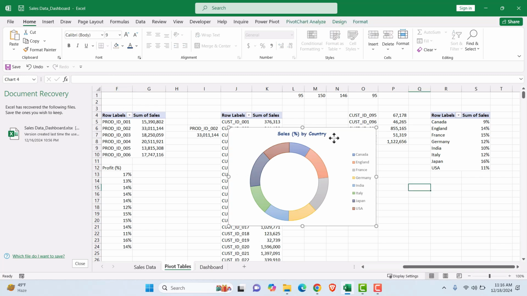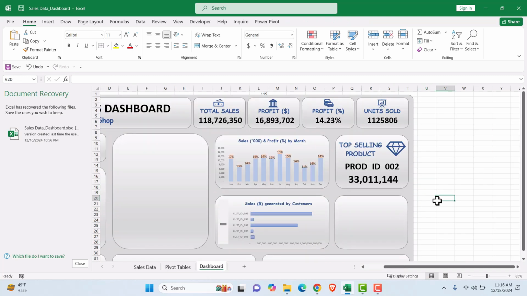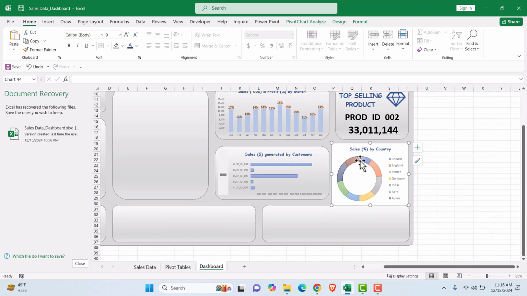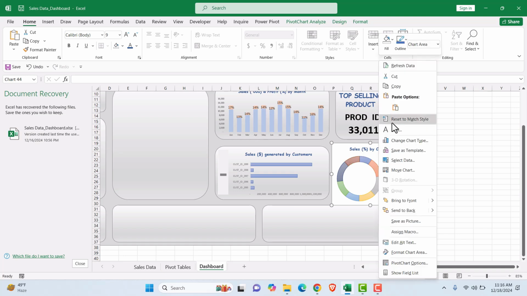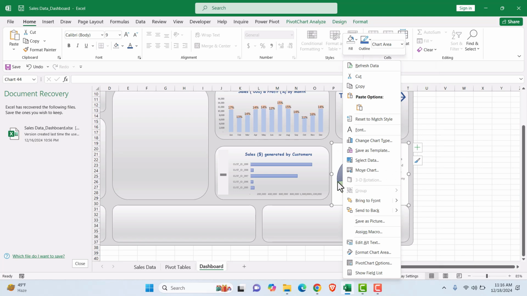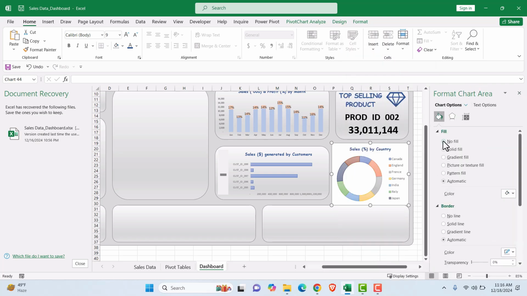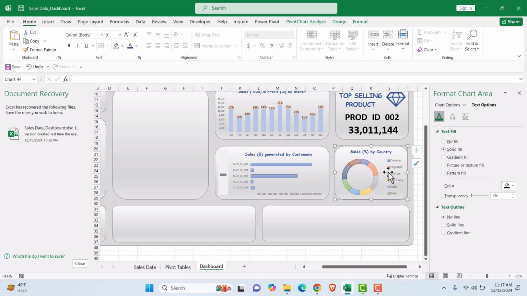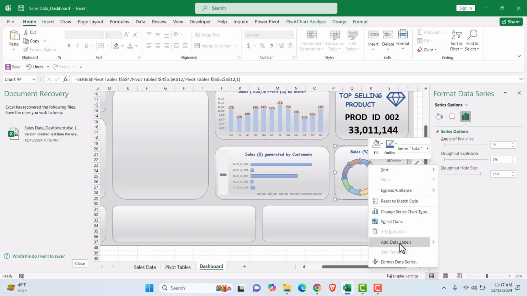Okay, let me just cut it from here and paste it into my dashboard. And now I will resize it. We will also do the formatting just to make it fit in this section of area, and make it no fill, no lines. We also have to do one thing. We will have to show the label, so I will right click on it, add data labels,